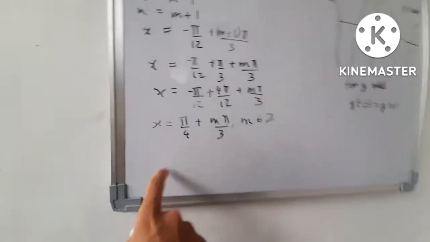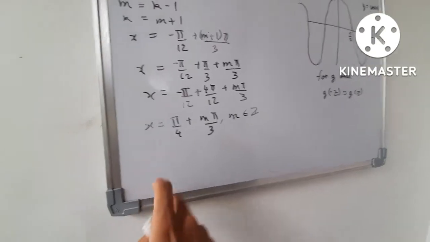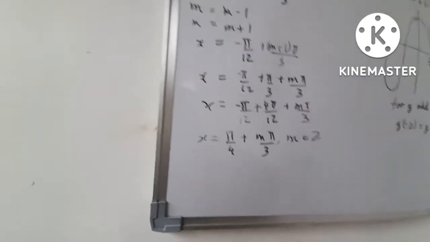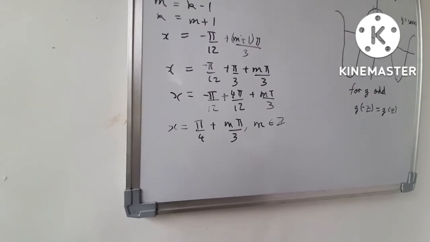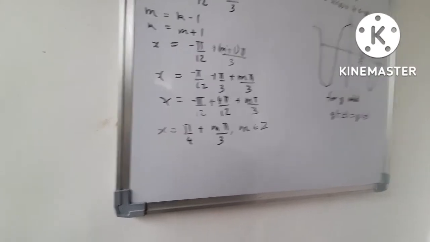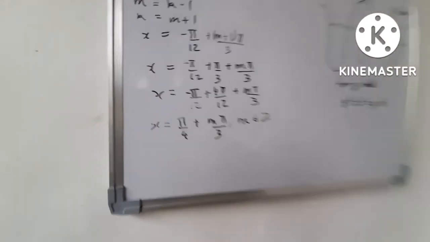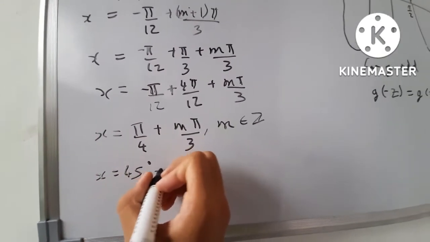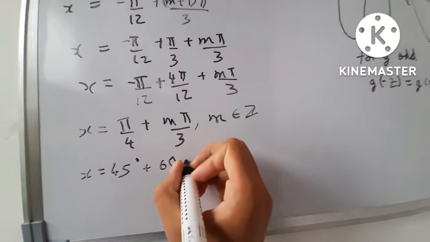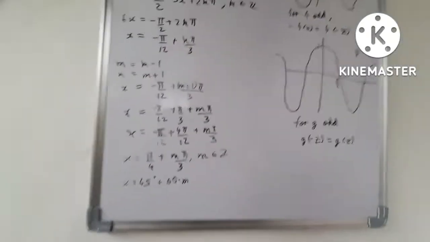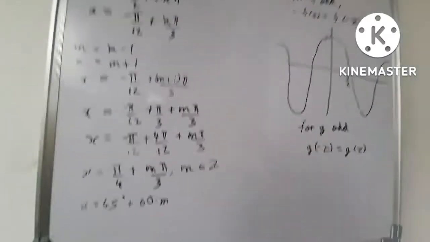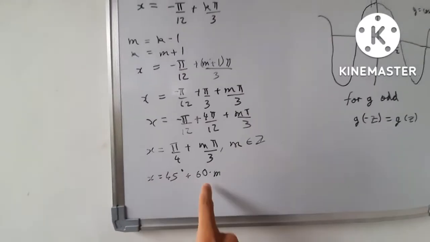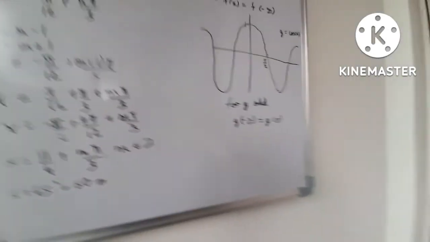Yeah, so if you're not used to radians, pi by 4, then I'm going to write this in degrees. So 180 by 4 is 45, if I'm not wrong, and 180 by 3 is 60. So 45 equals 45 degrees plus 60 times m. See, that's why I'm not that much of a fan of degrees. This part looks really weird. This part is fine, this part is really weird. Anyways,